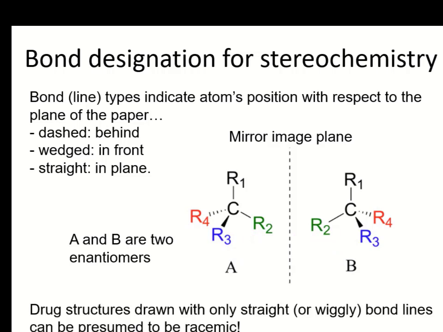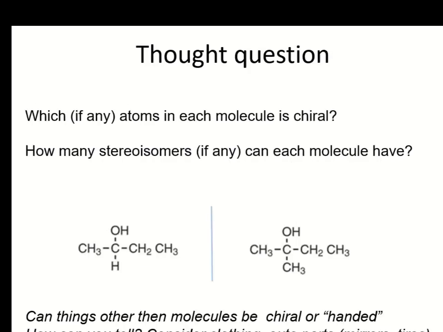Now, sometimes we'll see a drug structure which is drawn with only straight lines. In this example here, we see that we have the dash and a wedge shown, right? But if these were just straight lines, it would indicate, in general, if you see a drug product in a package insert that just has straight lines, you can presume that it's racemic, that the drug product has both enantiomers. Okay, so I have a series of questions here that I'd like you to contemplate,